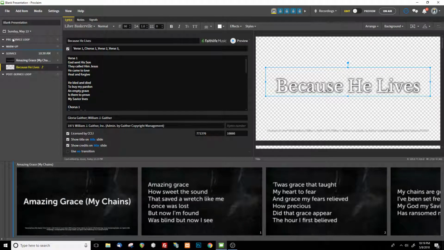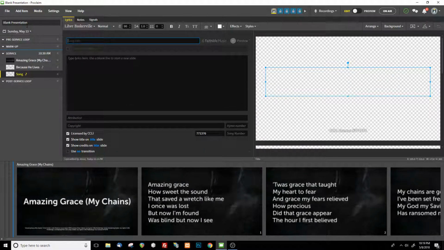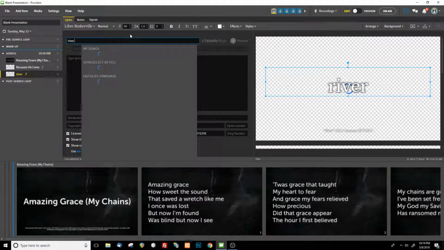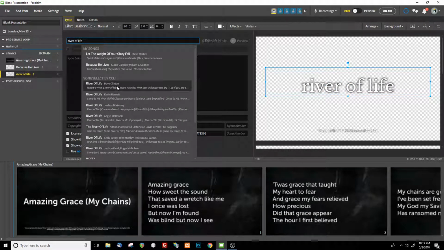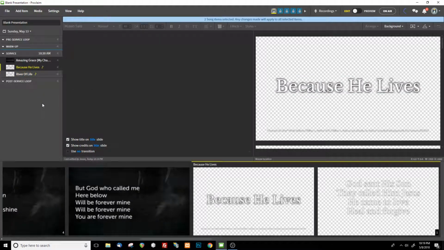So anytime I import a song, it's going to grab that template, and we can change that. So if you guys decide that you like a different kind of background or something, or you want a different kind of template, we can go ahead and change that, and I'll show you in a second. And then I want that river of life. There it is. That's not the same song, but it's a song. And then I think I can just